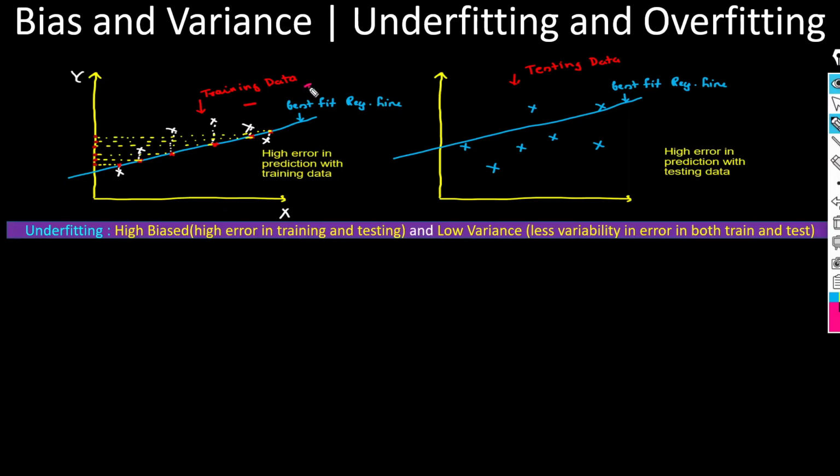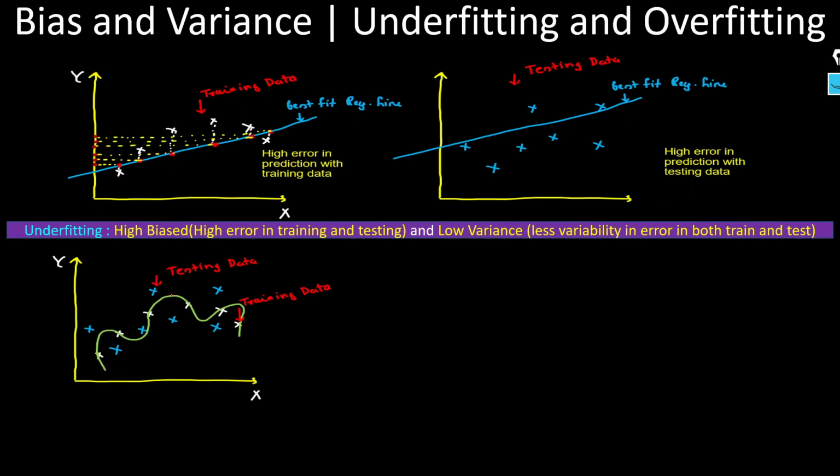So this is the training data set, this is the testing data set I have, that we have already seen. Here we get high error, here we also get high error. It means we have high bias in the data set. High bias means high error in training and testing both. If you see here, the same errors I am getting here. If we are getting the same error, it means there is less variability, low variance. Now if you see here, this is the testing data set, the blue points. The white points are your training data set.